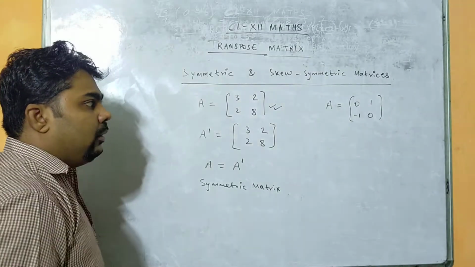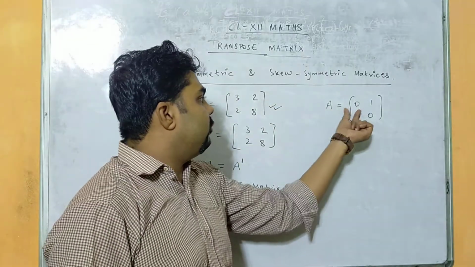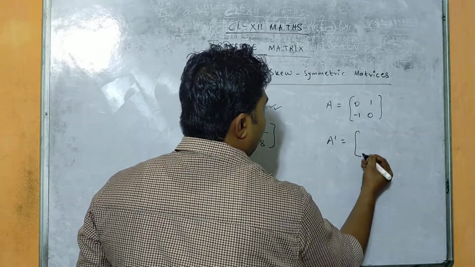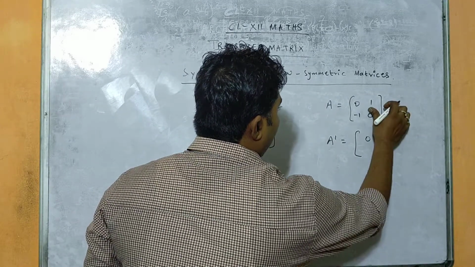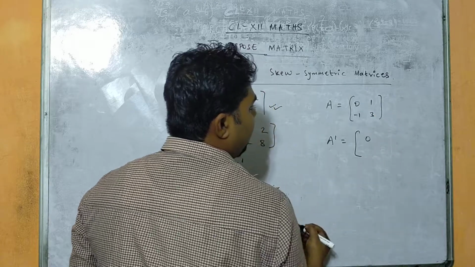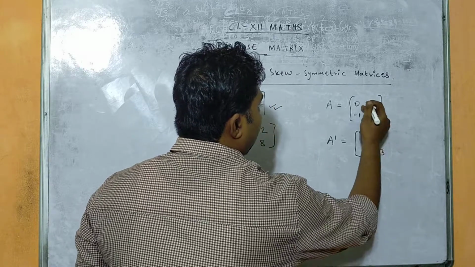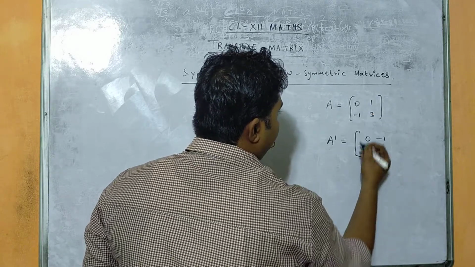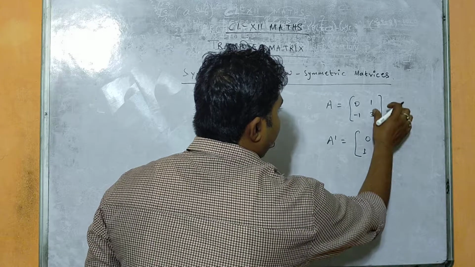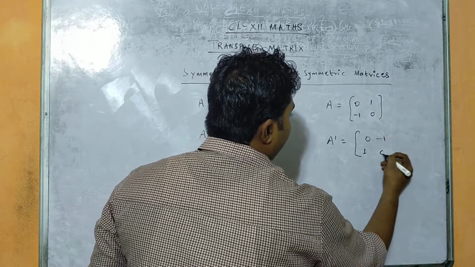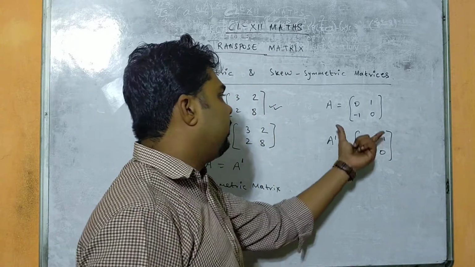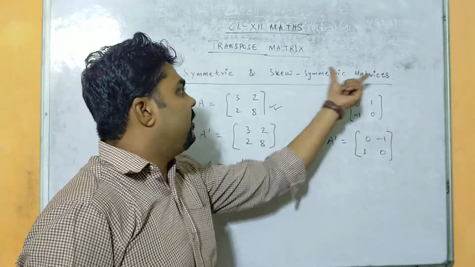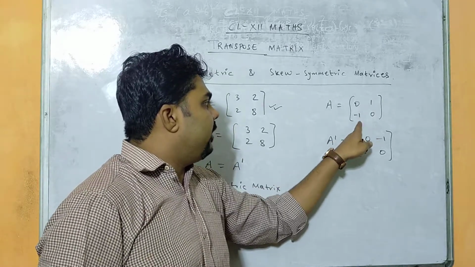Similarly we have another matrix A equals 0 1 minus 1 0. If we transpose this matrix, let us consider any element here, say 3, so 0 3, here we will have minus 1 and here it is 1, or let it be 0 only here. Just for explanation we are not finding the value here, otherwise the value of this matrix will be 0. I am just explaining what a skew symmetric matrix is, right? So 0 1 minus 1 0 we have here.